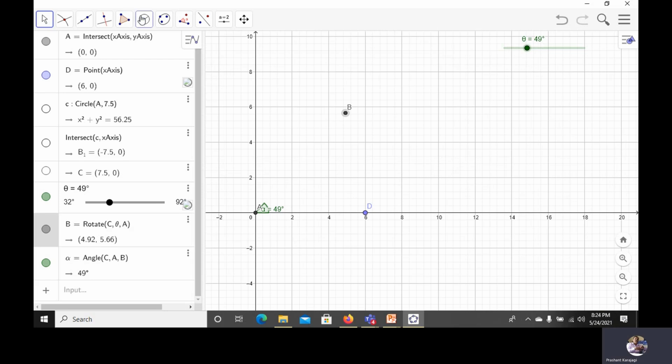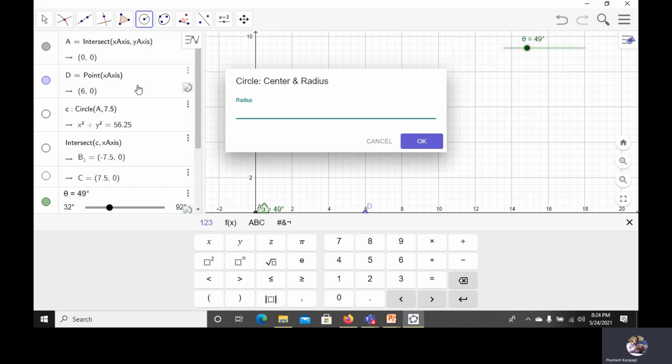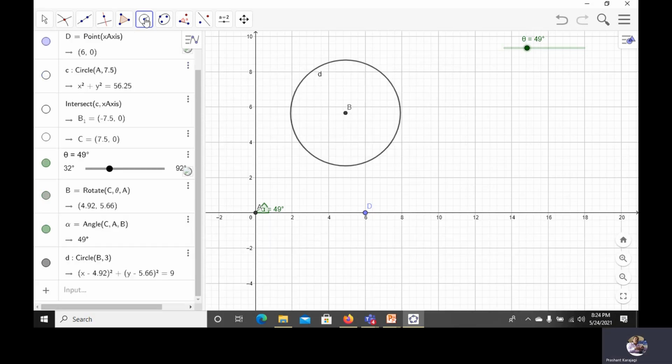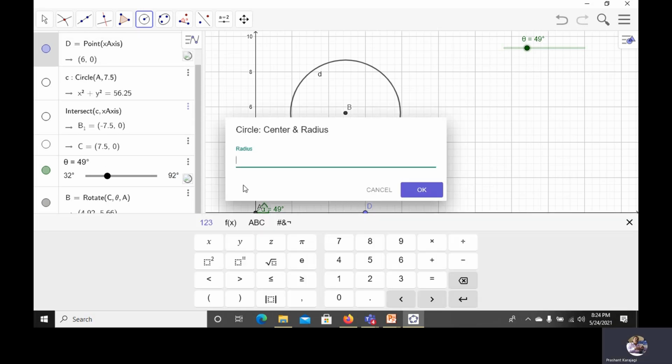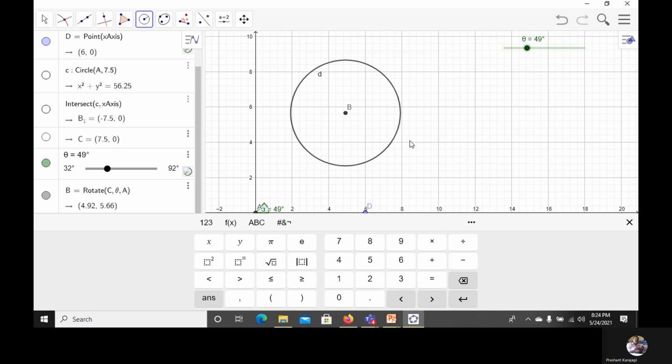Now for coupler link BC, use the command circle with center and radius, center as B and radius 3. Then again use the same command, with center D and radius 7.5. Okay.